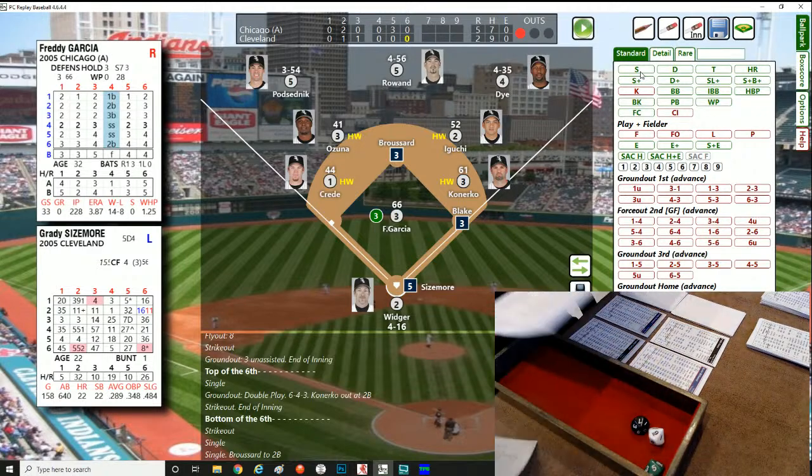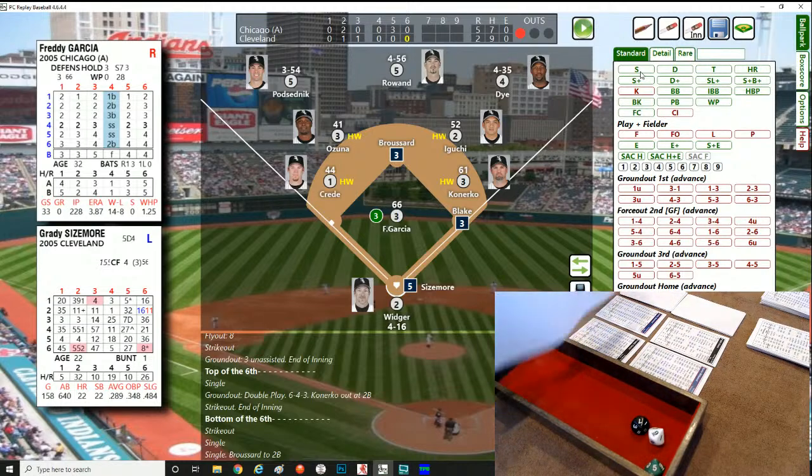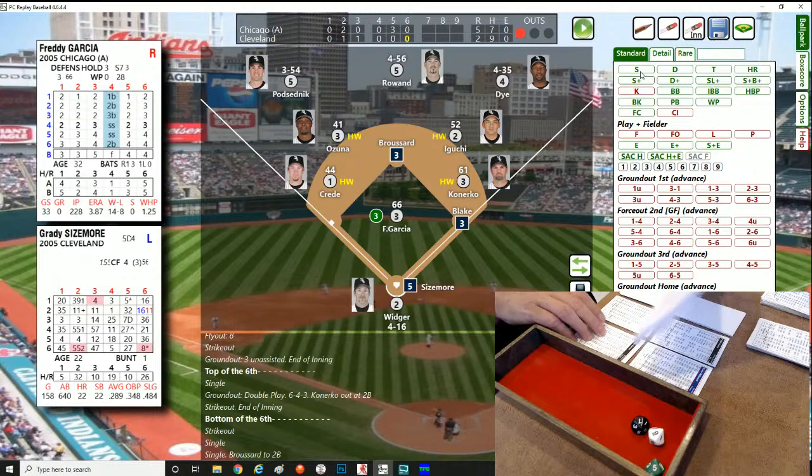So with an odd number, that was a 795 again. That is LRF on second. If he's a speed of 7 or higher, he will score. Broussard is 6. They could still send him, but they won't. They will load the bases